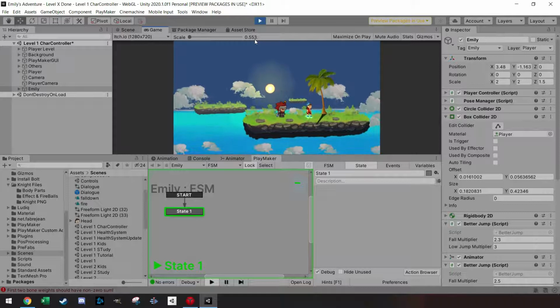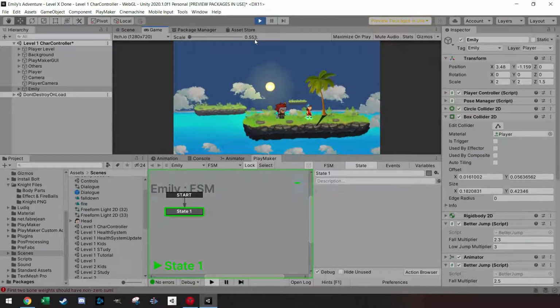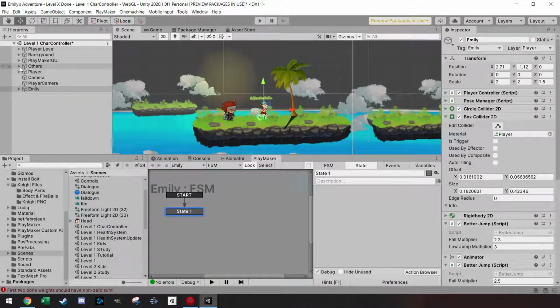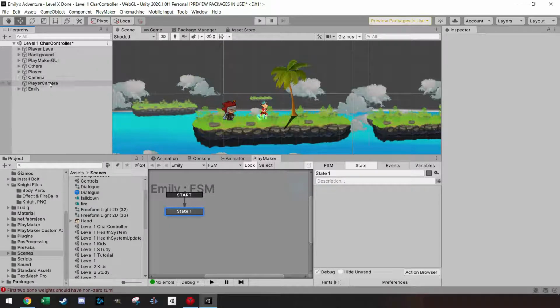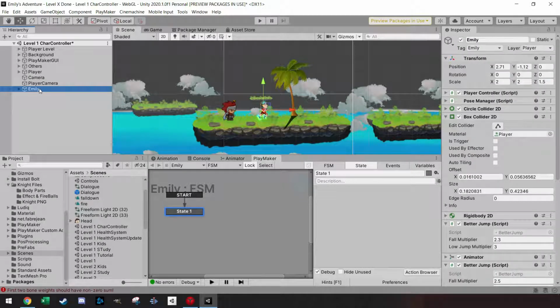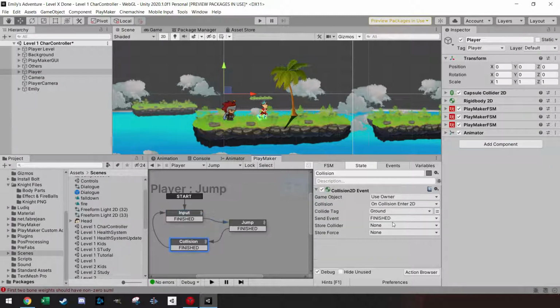If I jump, I have a very floaty feel to the left character, just like the sun in the background, which I'm going to delete now because I had enough of it. I have a very floaty feel, and this is a little bit the difference between Playmaker and scripting. Now, what I could do now here, and this is of course optional,